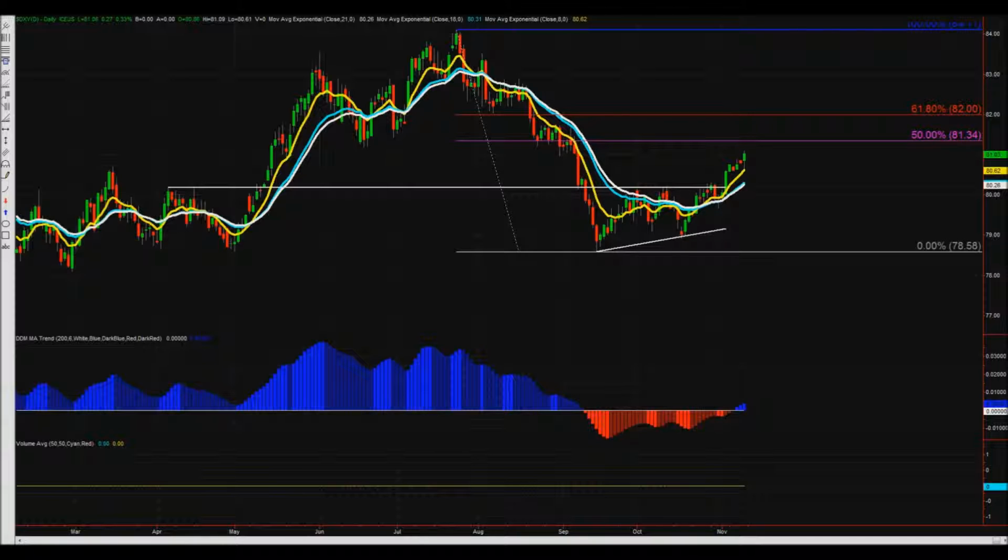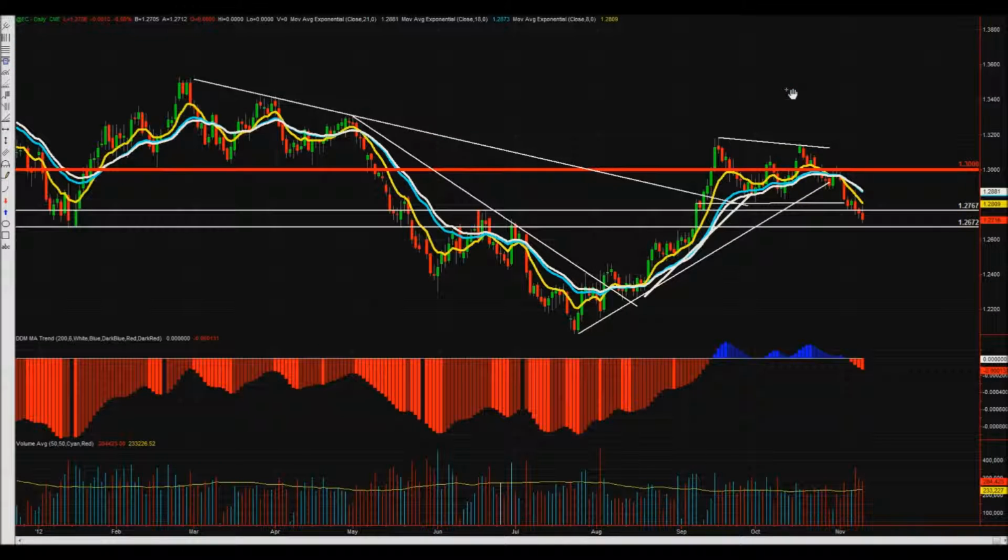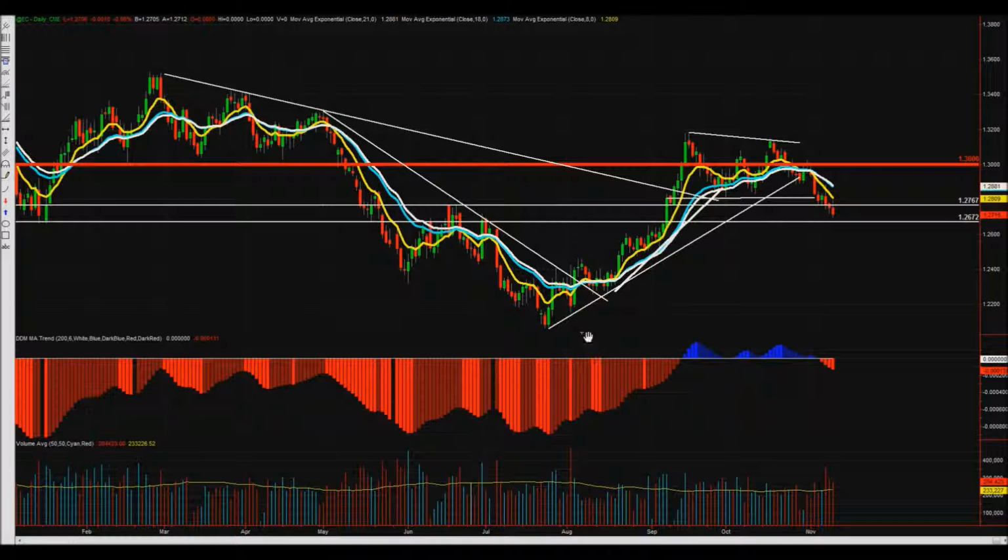So let's take a look at the inverse. If I could figure out the symbol here, so at EC. So here are the euro futures. So if we look at the euro futures, it's the exact opposite. We broke this downtrend line here, and this was something that we talked about going back 2 weeks ago, where